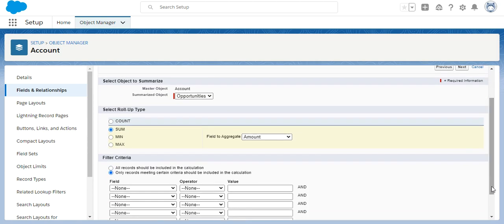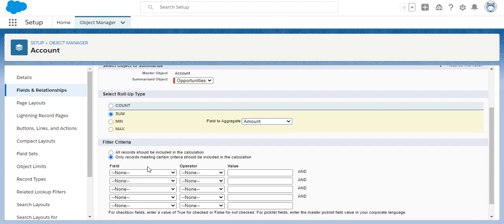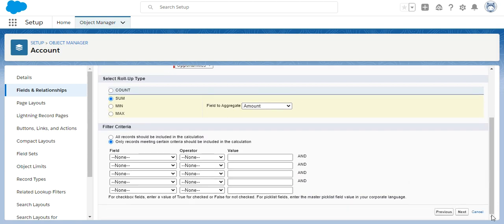Whenever we want to set any filter criteria, select the second option. Then after that this option will be shown up here, and from here you can set the filter criteria. You can choose the field, then you can choose the operator, and put the value over here.